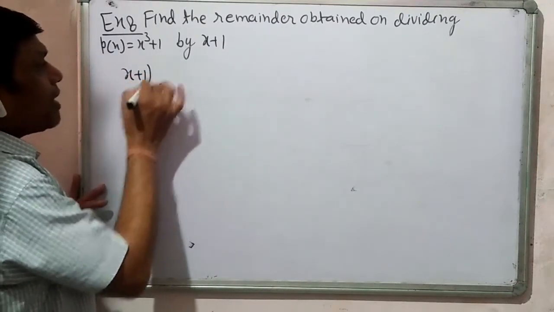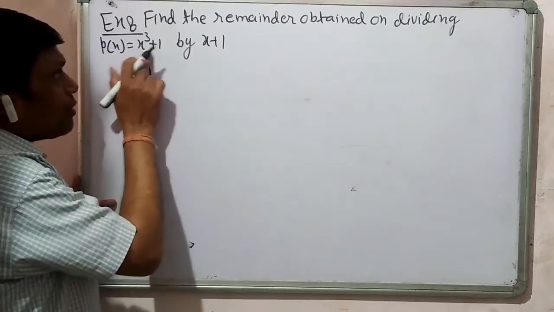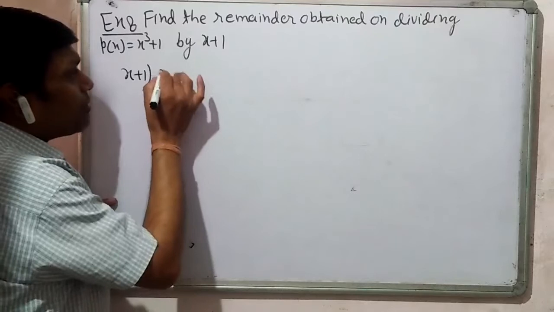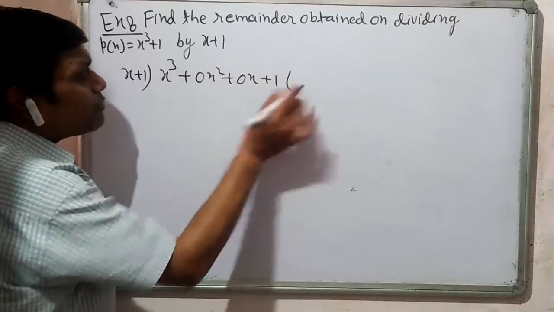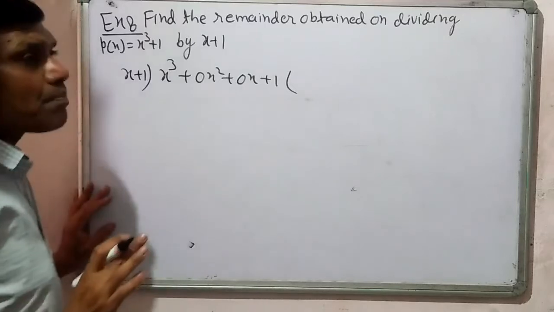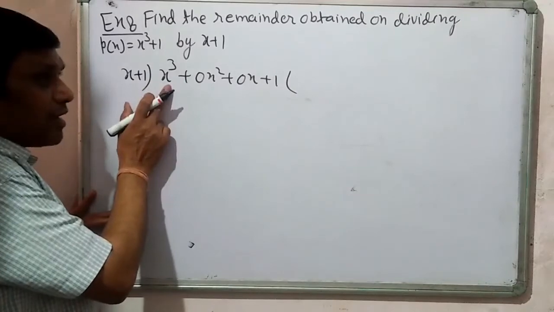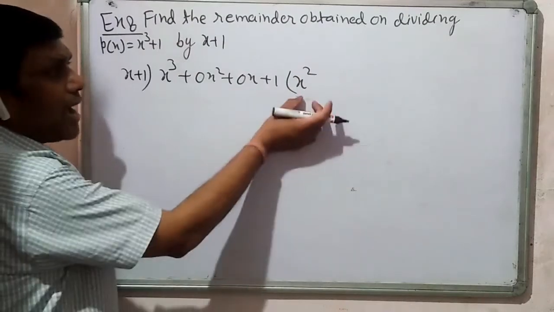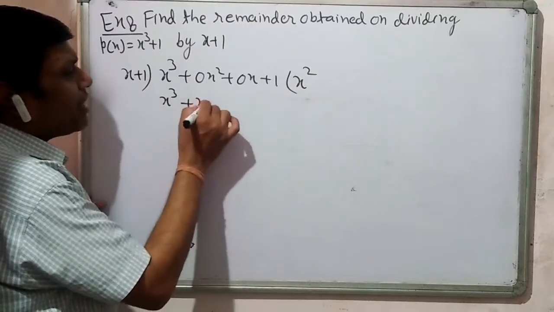When we are putting them in the standard form, x plus 1 is the divisor. Now this time I am going to put the dividend in decreasing powers of x with zeros in the missing terms. So we will have x cube plus 0x square plus 0x plus 1. The terms with x square and x were missing, so I put 0 with them. In the rough work, obtain the table the same way: x cube divided by x gives us x square. X square multiplied with x will give us x cube. X square into positive 1 will give us x square again.